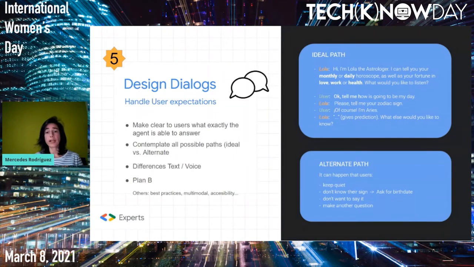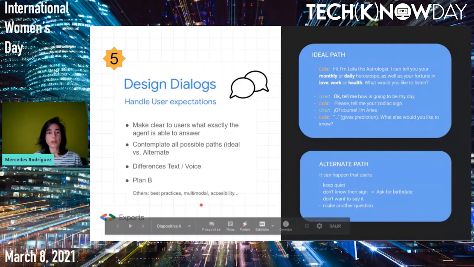This could be done in real time, or we could just register the question and say, "Well, I'm not prepared for this, but if you give me your phone or your email address, an expert will call you as soon as possible and answer the question for you." So in this case, we are not giving an immediate answer, but we are giving a solution to the user, and the user knows that he's going to receive an answer or have the problem solved as soon as possible.